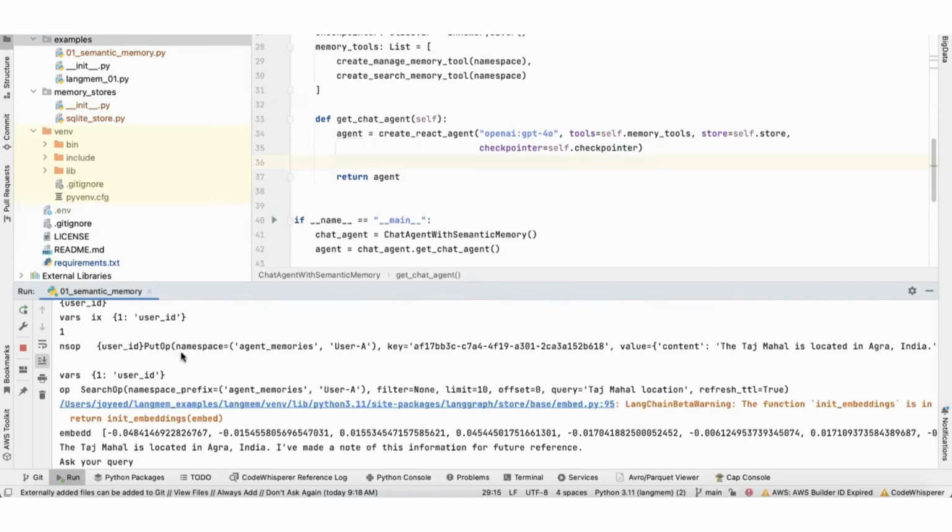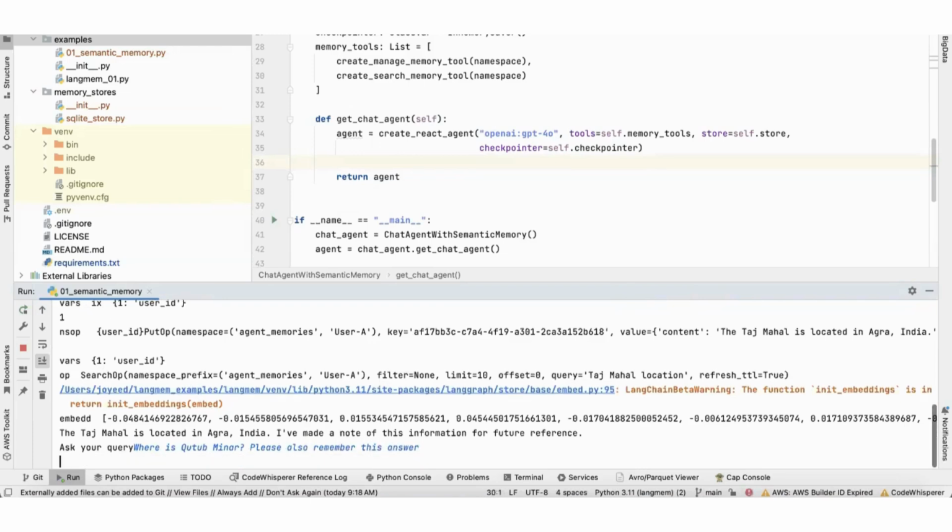So put operation, right? And there was a search operation. In the search operation, it could not find anything, right? But it would have stored it in the memory. But let's ask one more, and then we'll see the memory, right? Where is, let's say, I'll say, where is Qutub Minar? Also remember this answer. And now let me exit out of it